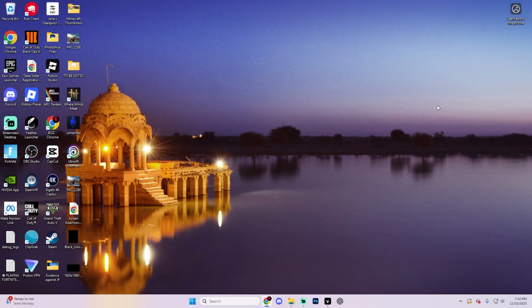In this guide, I'm going to show you how you can move the taskbar to the top left right here